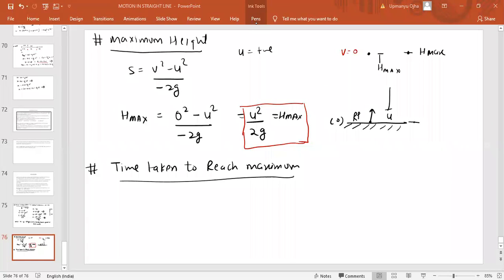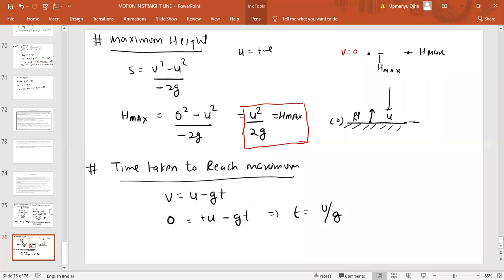That is very simple because we can use equation number 1, v equal to u plus at. Now when you are using motion under gravity, we will use v equal to u minus gt. Now final velocity is 0. U is taken as positive because we are throwing upward. Upward is positive, direction of u is positive. So it should be 0 equals u minus gt. So time will be equal to u by g. So time taken is u by g.